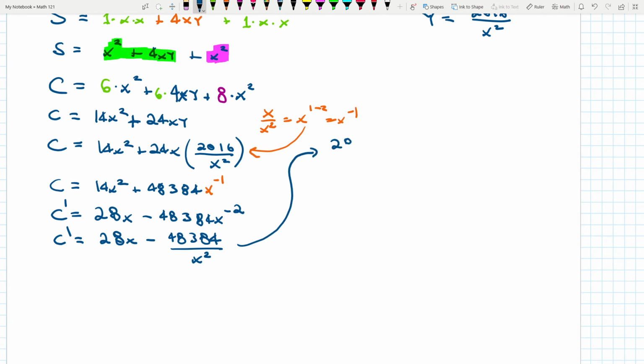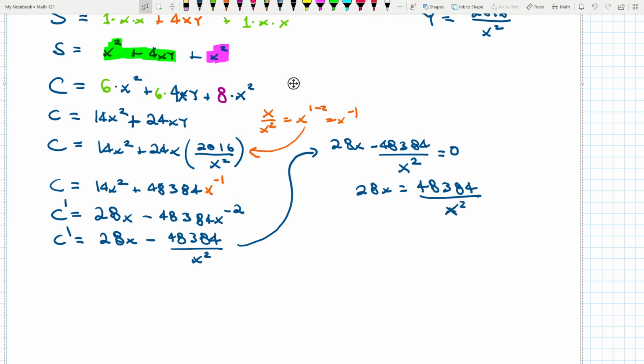That is, 28x minus 48,384 divided by x squared equals 0, and 28x equals 48,384 over x squared. Let's solve this equation for x by cross multiplying with the x's here. So that'll be 28x cubed equals 48,384. Divide both sides by 28 to get x cubed equals